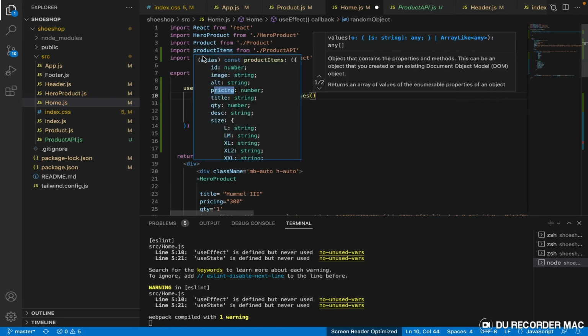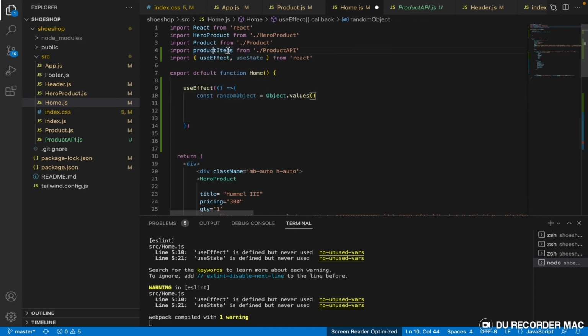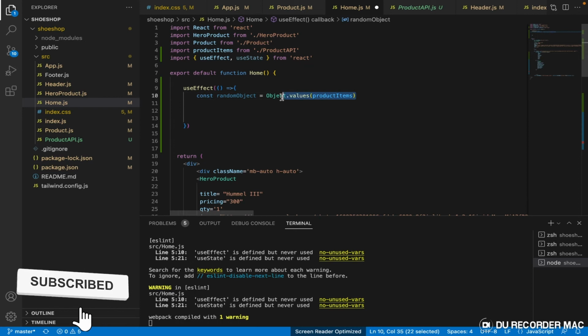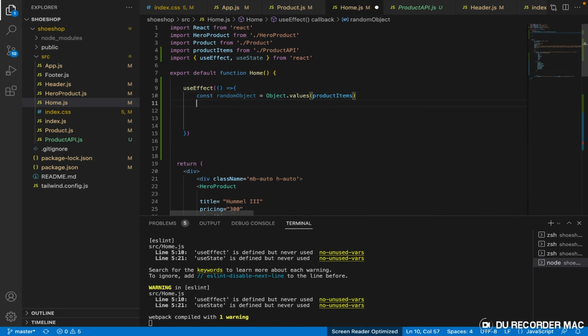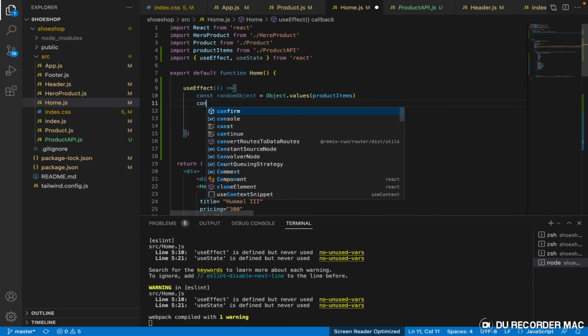I'm going to bring in productItems right here and paste it inside. Now what I'm trying to do is make an object out of this, so that I can use it for what I want to do next. Okay, so now that what we have here is an object,